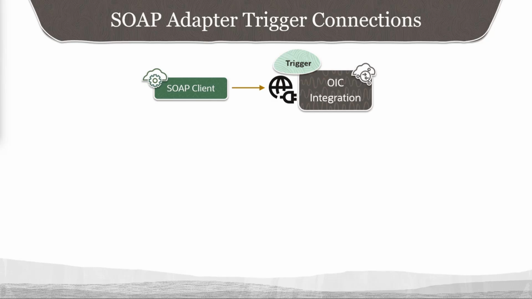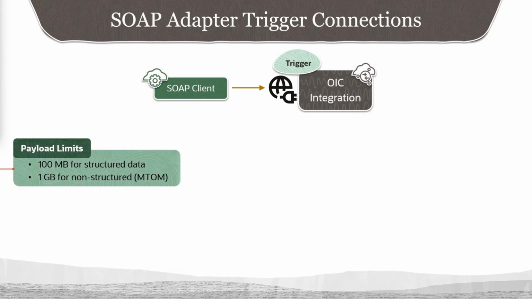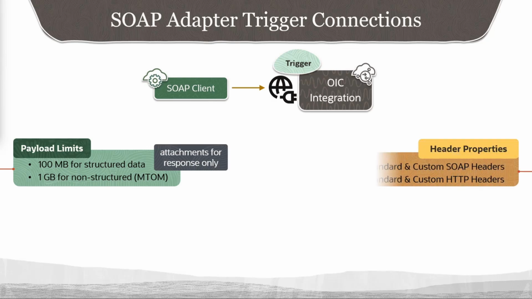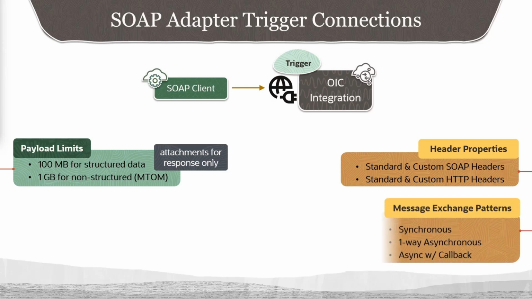When the trigger role is selected, you're essentially looking to define an interface for SOAP clients, and the capabilities of the adapter are very similar to those I articulated when it is used in the invoke role. The payload limits for incoming requests and the returned response is the same. The only difference is an MTOM attachment cannot be accepted in the request, but only as a response. You can also process any header property values that were sent by the client or that you wish to send back to the client in the response. Likewise, since you can choose any valid WSDL file to define the interface, all 3 SOAP message exchange patterns can